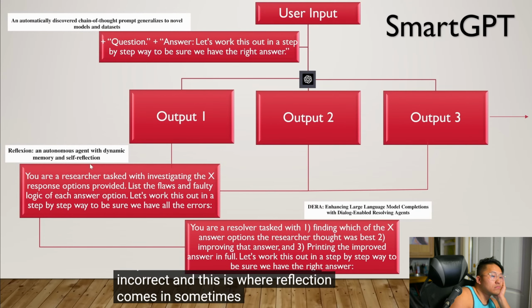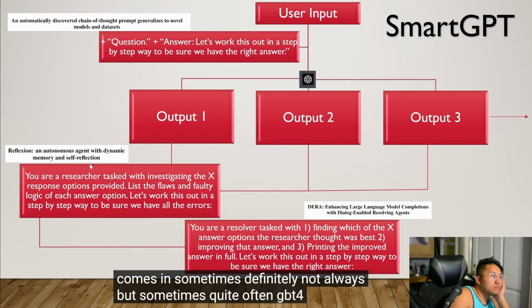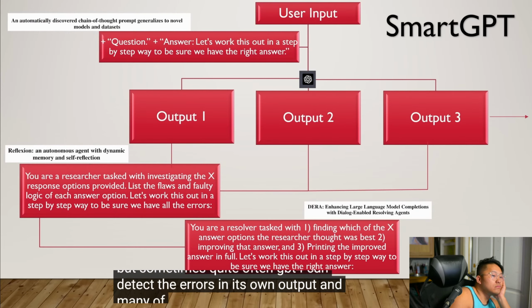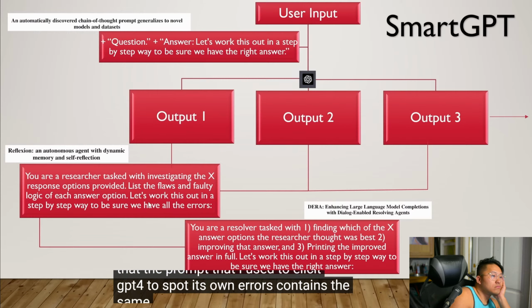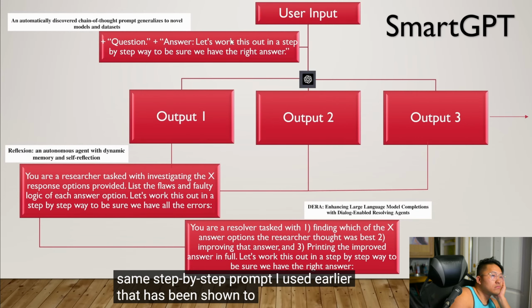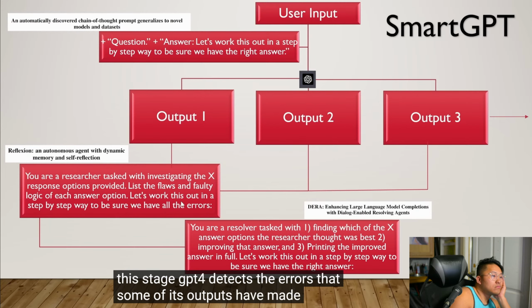And this is where reflection comes in. Sometimes, definitely not always, but sometimes, quite often, GPT-4 can detect the errors in its own output. And many of you will notice at this point that the prompt I used to elicit GPT-4 to spot its own errors contains the same step-by-step prompt I used earlier that has been shown to produce good results. So to summarize, sometimes at this stage, GPT-4 detects the errors that some of its outputs have made. Definitely not always. There are certain questions it just simply can't spot the error, but sometimes it can, and then